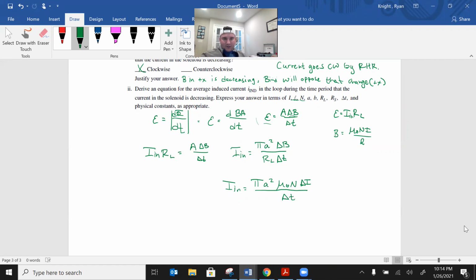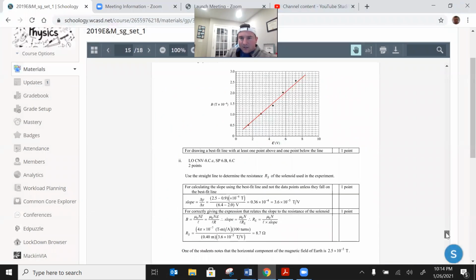If you look at the answer key, and this is one thing I'm not 100% sure about, the delta for the I, they just kind of drop it off. And I'm not sure how or why they were able to drop it off, but they just kind of get rid of it. I'm not 100% sure why that delta is able to disappear, because the current is still changing. But I guess if we look at a certain point in time, right, if we just look at, I don't know. I don't know how they get rid of the delta there. Right? If we look at the solution guide,